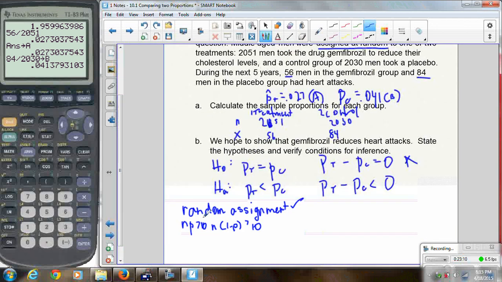So in this case, it's okay to use your p hat value in testing those conditions, n times p and n times 1 minus p. And since you've got 4 different groups, basically what you can say is, and just write it out, the number of successes and failures for each group